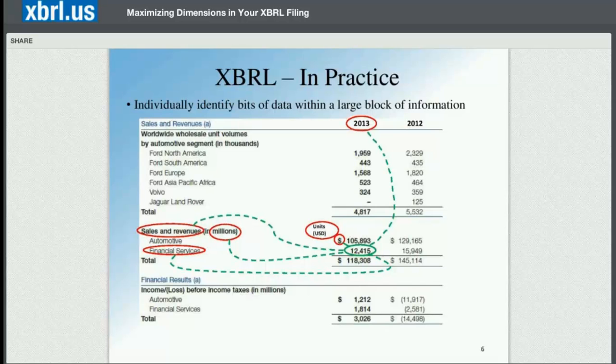And you can see that what's circled in green here is a value of 12,415. Well, 12,415 in and of itself is just a number. We don't know what it represents. It could be the number of chairs, could be the number of erasers, number of employees, could be dollars. So if we take a look at everything circled in red, that is the metadata or context that helps us